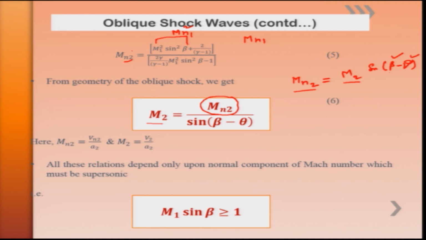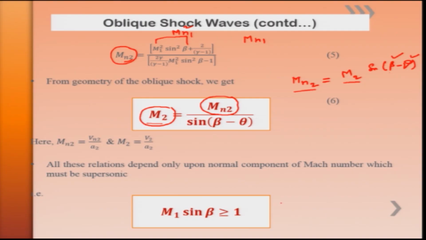Hence, once Mn2 is obtained, you can also obtain M2 at the downstream side. Using all these expressions, please note that gas tables are formed, and hence students must be encouraged to use those gas tables, which tabulate the static pressure ratio, temperature ratio, density ratio, stagnation pressure ratio and the Mach numbers, rather than using